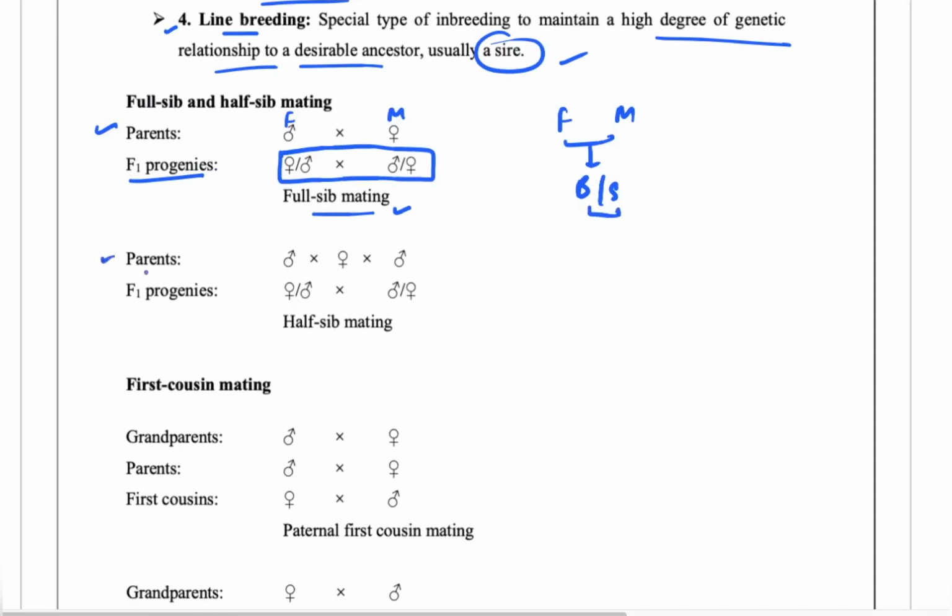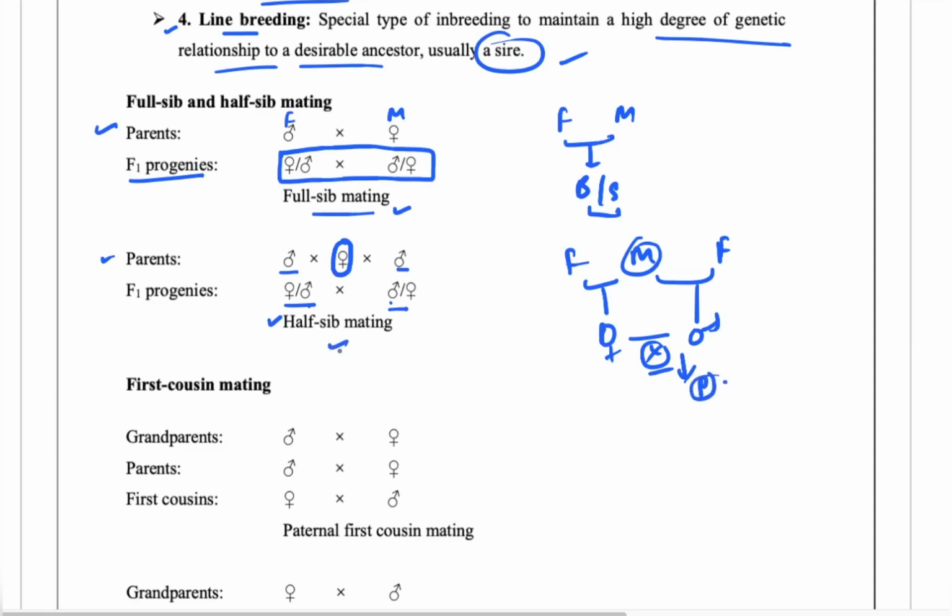But in case of the half sibling, what you have, either, look in this case, the female is the common one, another male, right? So here if you cross any of these two, then this is going to be the half sibling mating, right? So this is father, this is mother and this is father, something like that. So if the mother is common, from here also there is one offspring, okay, suppose this is a male, and from here also there is an offspring, suppose this is a female. If these cross with each other, this progeny from here is going to be the half sibling mating,